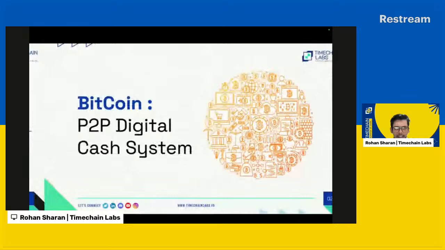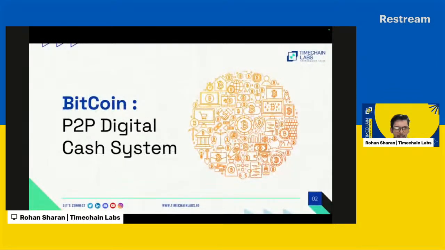So, Bitcoin is how it all started. The entire term blockchain comes from the innovation that was done by Bitcoin. The white paper and the protocol of Bitcoin functions as a peer-to-peer digital cash system. Who is aware of Bitcoin? Or more likely, I should ask, who here holds Bitcoins, any amount of Bitcoins, or any cryptocurrency for that matter? Please say yes in the chat box.